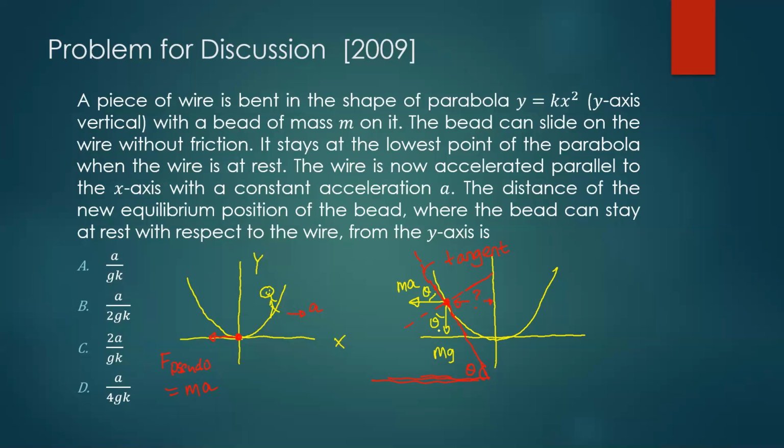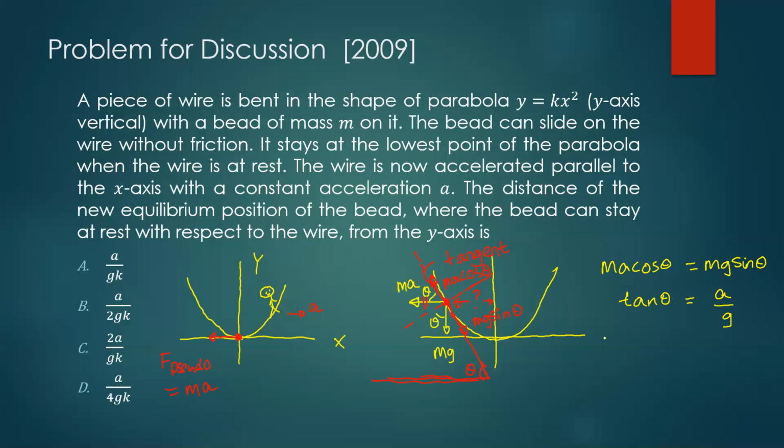So now along the tangent, all I have to do is make net force equal to 0. Let's look at the force components along the tangent. So upwards I have ma cos theta, and then downwards I have mg sin theta. So then all I have to do is balance it. Then you are done. So ma cos theta, if it is equal to mg sin theta, the bead will be at rest. So now what is this giving us? Tan theta is a by g.